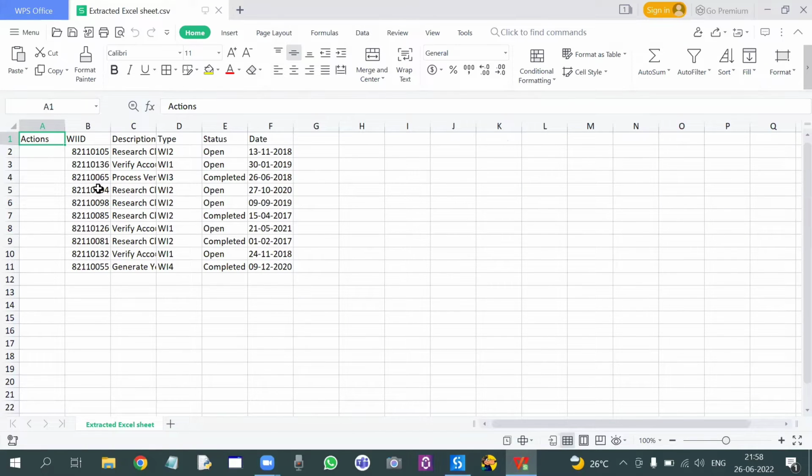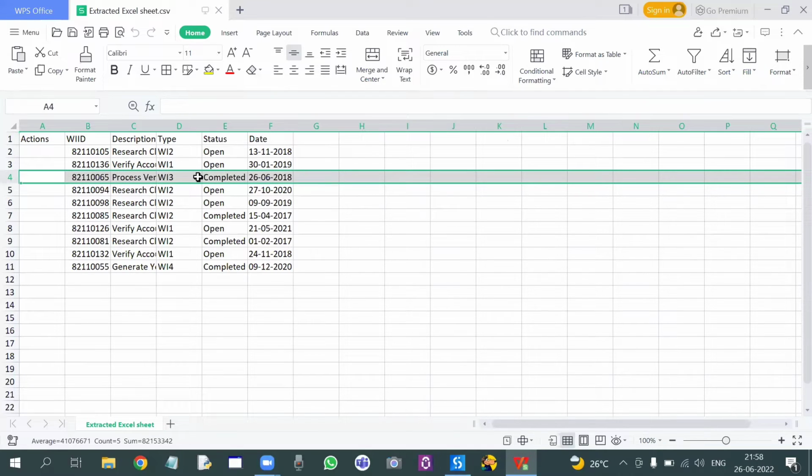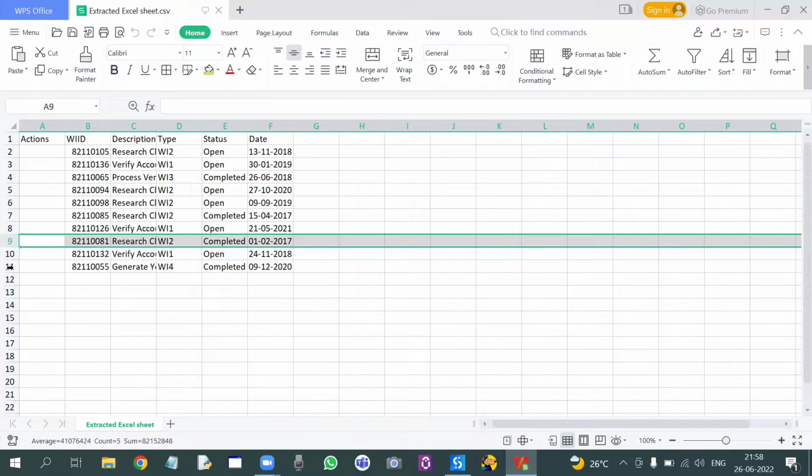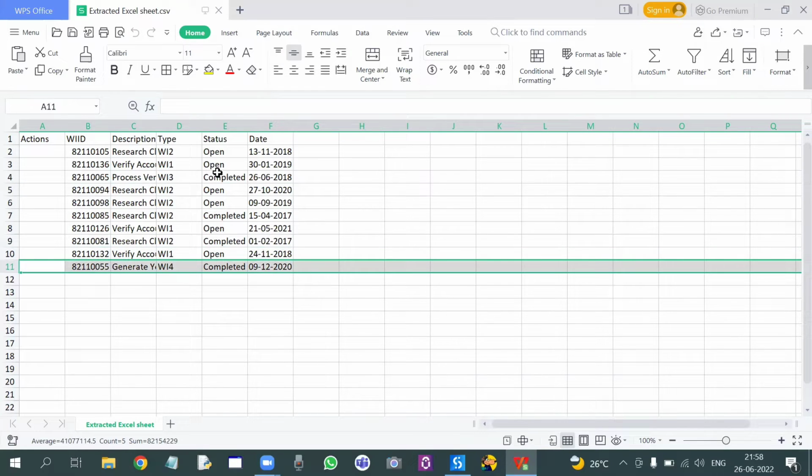So this is our input file. In this input file, we are going to filter the data rows which have a status of completed. Okay, so if you see in this input file, you can see there are 4 data rows which have a status of completed. Okay, now let's run this code